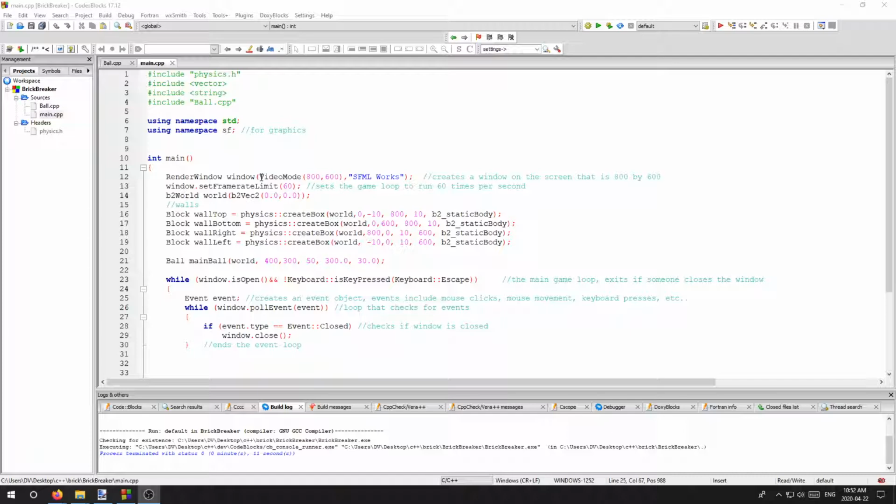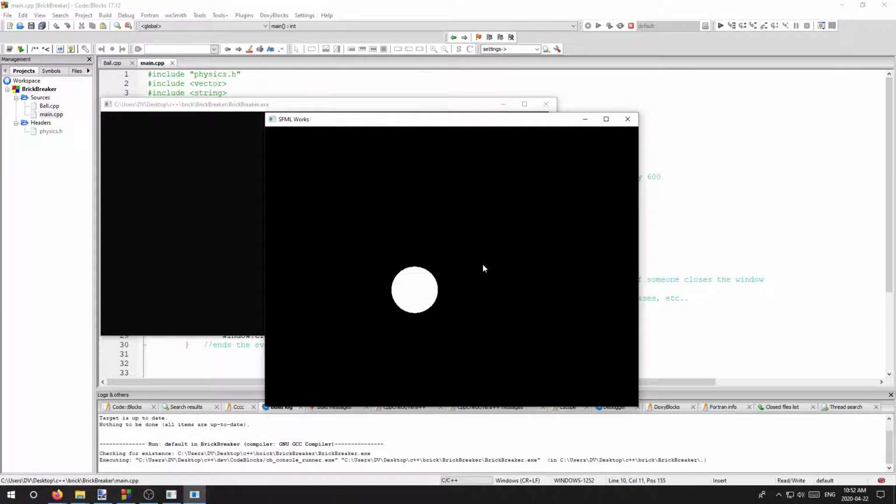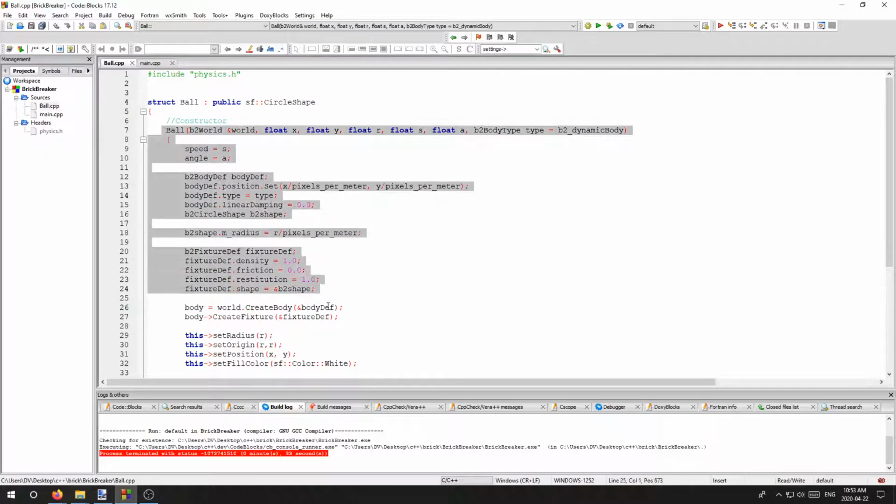I think where we left off last time was that we were making our own objects, called them structures. You can also call them classes. And we made one for the ball that borrowed all of the Box2D stuff to create a circle. But we also gave it all the properties of an SFML circle shape, and we did it all in our own little data structure. And so now that ball is happily bouncing around because we gave it an initial velocity and an angle that we pointed it to. That was all done in this constructor function here,